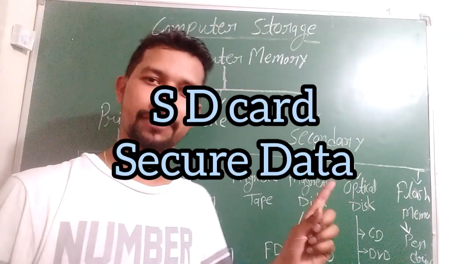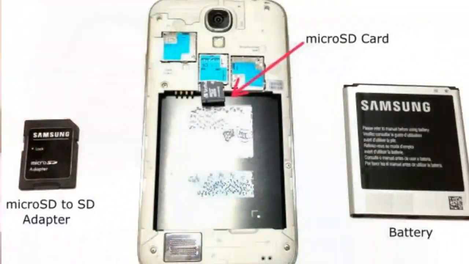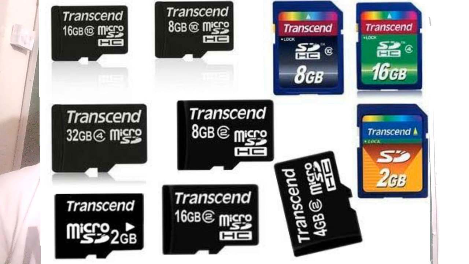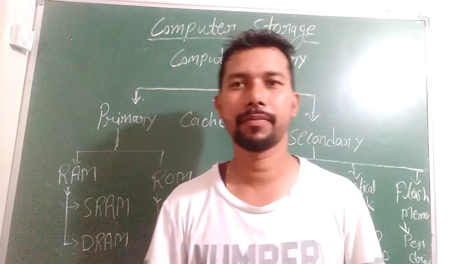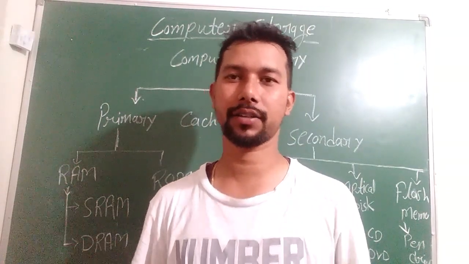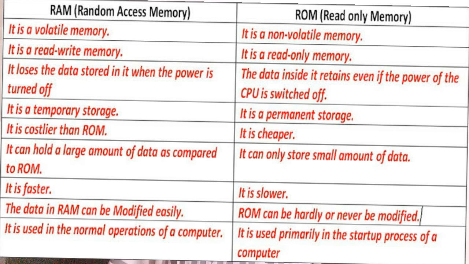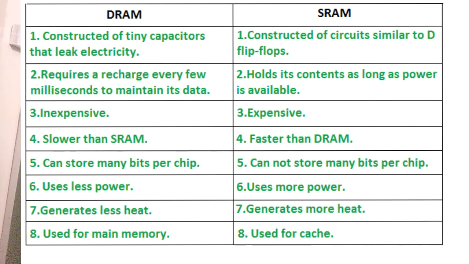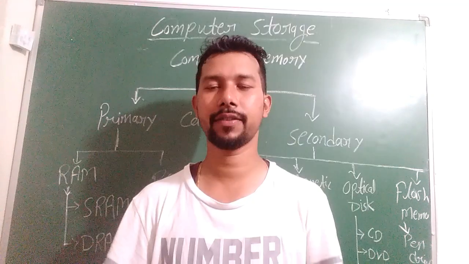Second is memory chip. Every mobile has a memory chip. This is very light and comfortable for very light devices. So in this session we learned about all types of memory storage or computer memories. Now on your screen are some important differences: primary memory and secondary memory, RAM, ROM, some important definitions, volatile, non-volatile, and full forms.